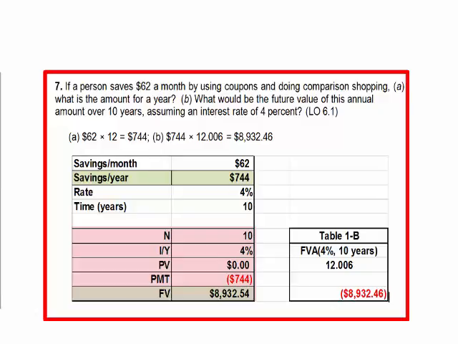End result, $8,932.54. Going to the table, future value of an annuity, Table 1B, 4%, 10 years. The factor is 12.006,